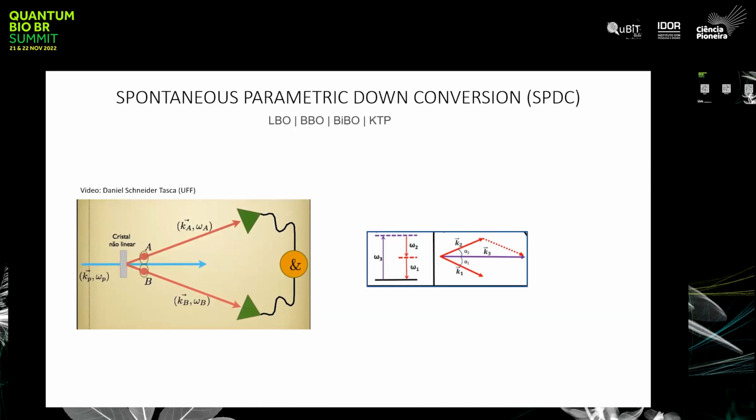This is the system which is most used, but not the only one. It's being superseded now by other technologies, but still, this is the main system to produce photons that will be used in these imaging systems. It's called spontaneous parametric down-conversion, where you have a nonlinear medium and you pump it with a laser, and basically you have a probability, which is pretty low because it's a very inefficient system, of producing photon pairs.